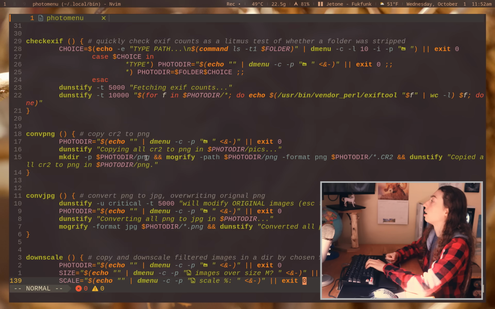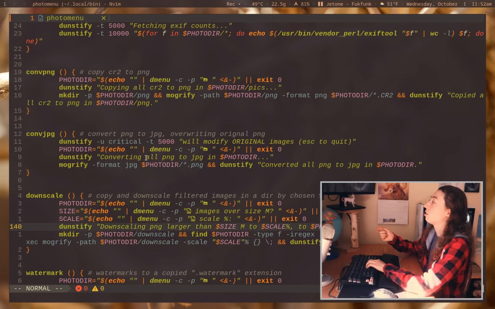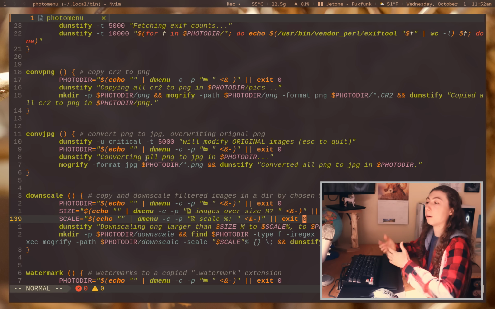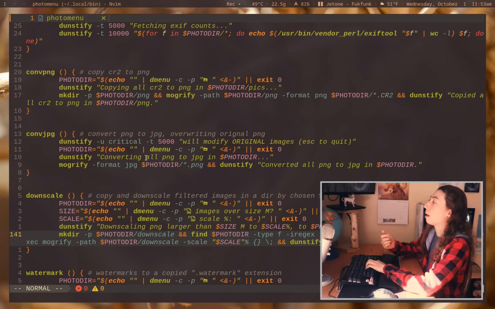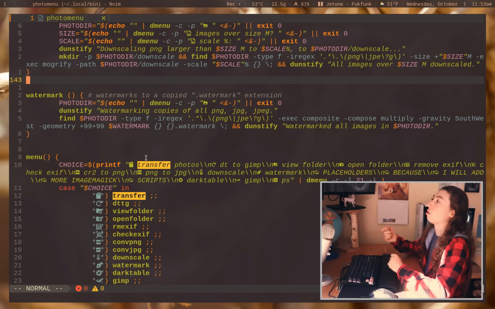And I also have converting PNGs and JPGs, just using Mogrify to do that. Downscaling images, and it will prompt me for all of the various parameters as I downscale, rather than me having to remember in my original script what order I need to put these parameters in and then having to type out the full directory. Nope, it is all just in one menu now. I'm just using find here with PNG to JPG or JPEG to figure out what my images are. And watermarking, again the same thing, just using Composite instead of Mogrify,